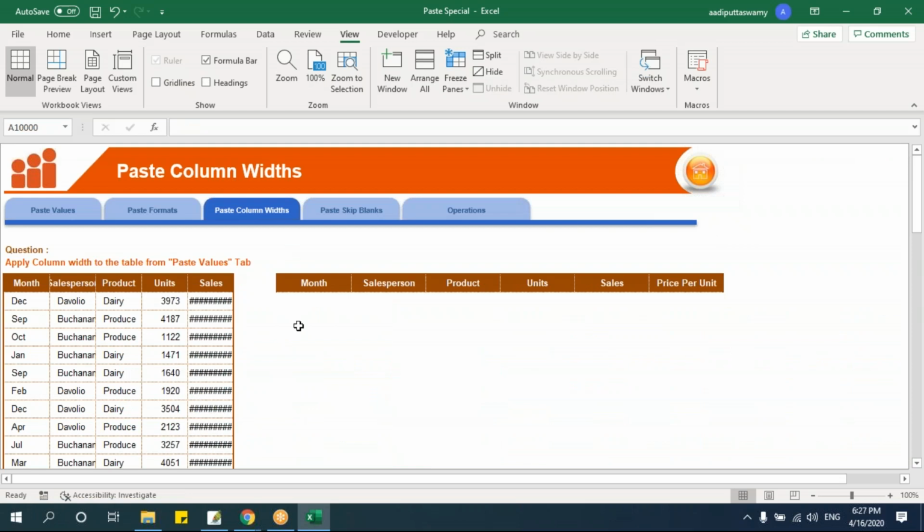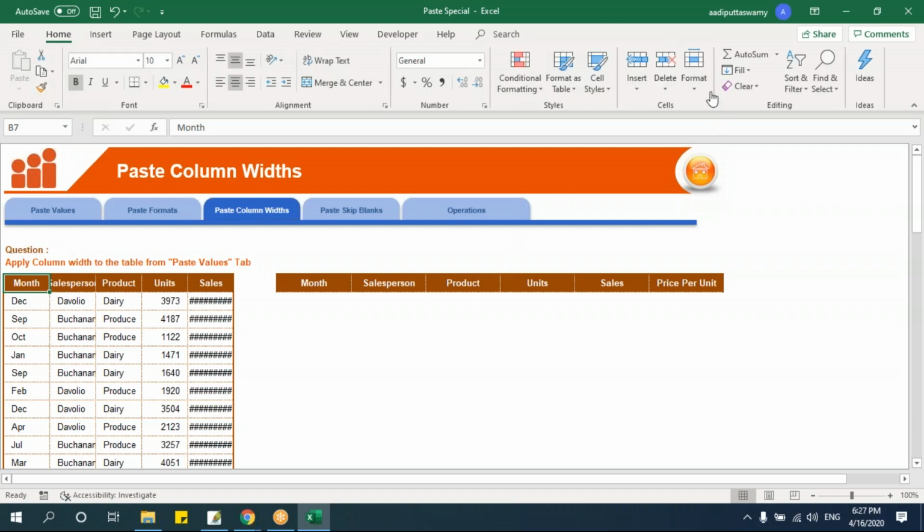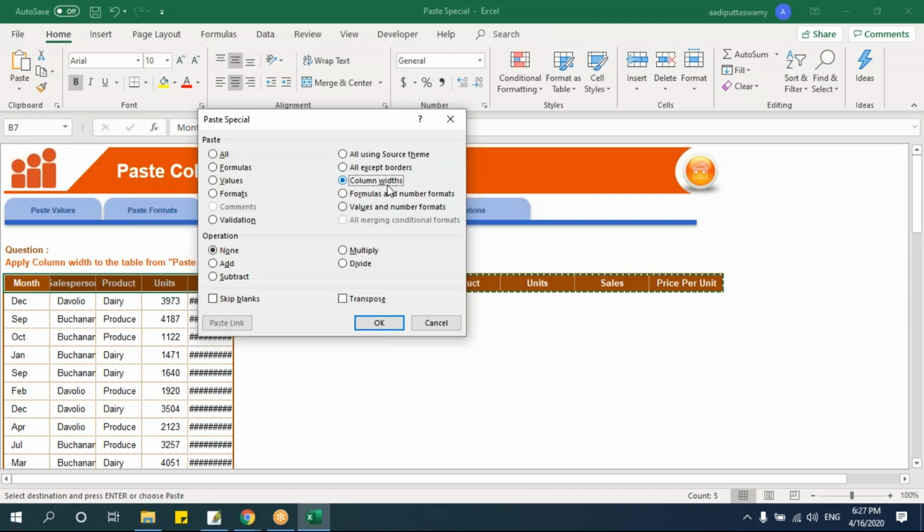Next, let's go to column width. Let's assume I have a table which I've created, but in many sheets I'm creating a table and the column width is not the same. When I'm formatting, I have to go and check the column width, say Home, then Format, then Column Width. I have to check this, say 9, then again manually change it. Don't do that. How will I do it quickly? I can use this copy paste special option. Let's assume that I have a table which is formatted with a fixed column width. Copy this. Now I'll go here, select this table, Alt ES. Now I'll select this column width and say okay.